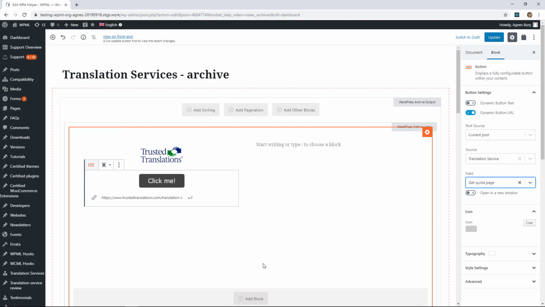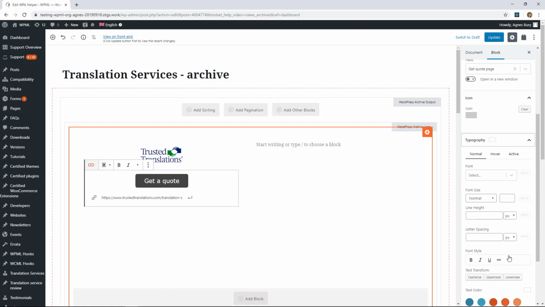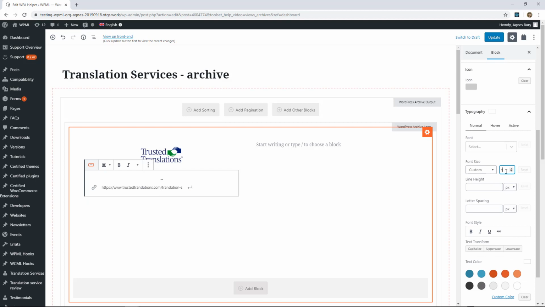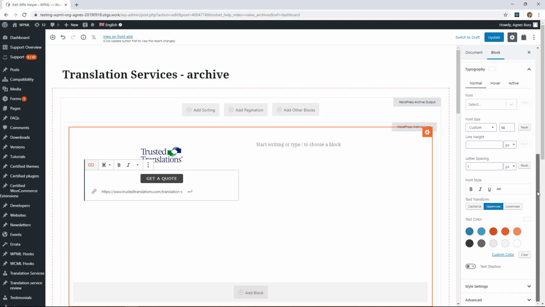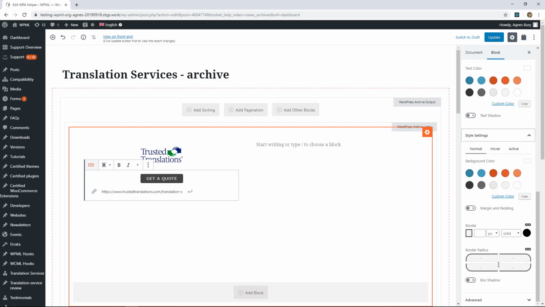Okay, now let me adjust the styling of my link. So the first thing I'm gonna do is to change the text to get a quote. Okay. I can set the font size. I can make it uppercase. I can adjust the letter spacing. Okay. What else can we do? We can also